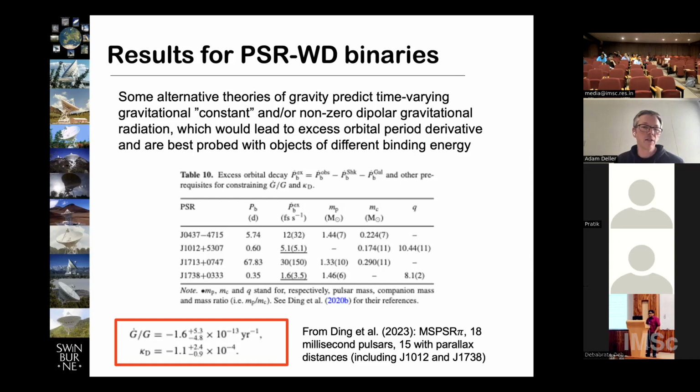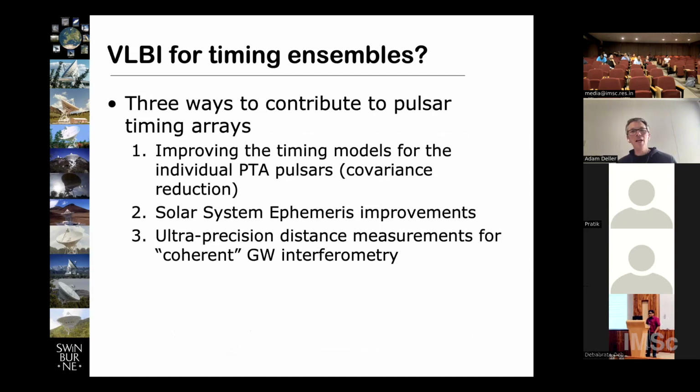And at the end of the day, combining the results from 4 pulsars together, including the 2 that we refine in this work, we see that the gravitational constant G is still constant, and there's a consistency with 0 dipolar gravitational wave emission. So GR is still a valid theory of gravity at this point, which surprised no one, but you've got to keep hacking away at it before eventually we will be surprised. So that was the other thing for the single sources.